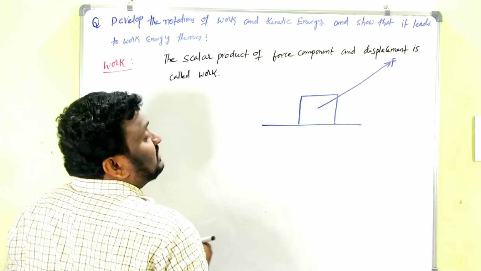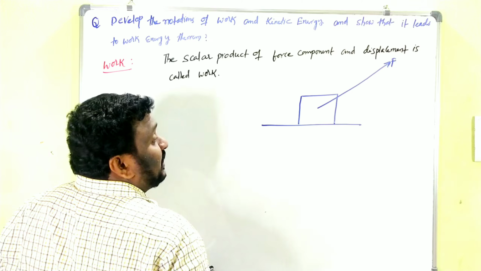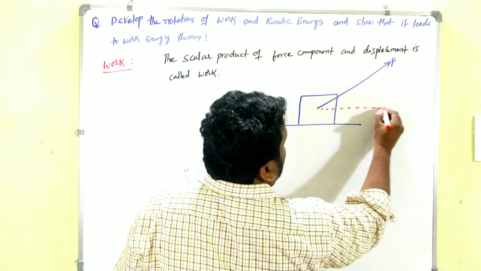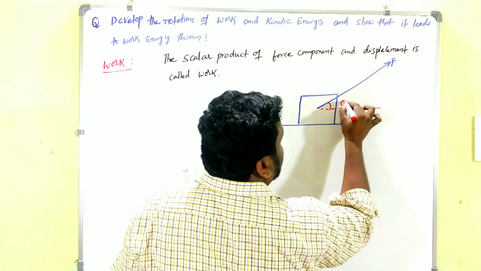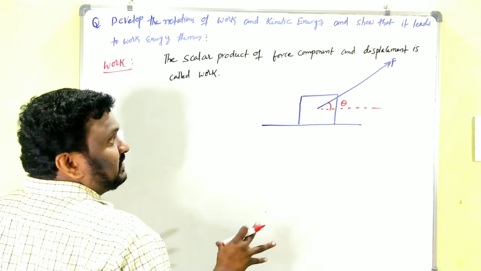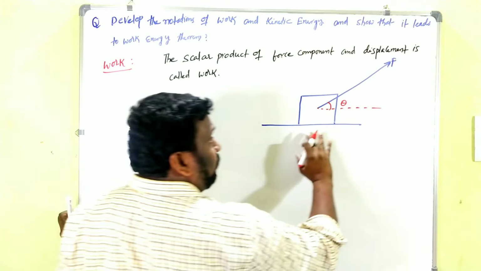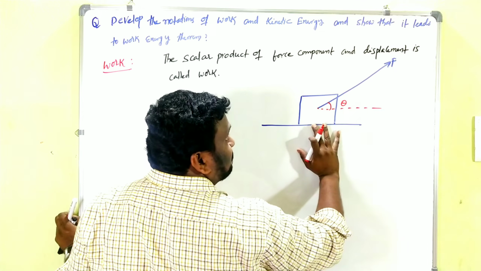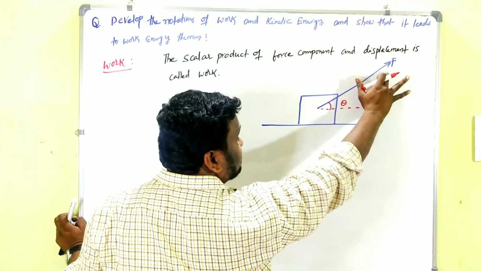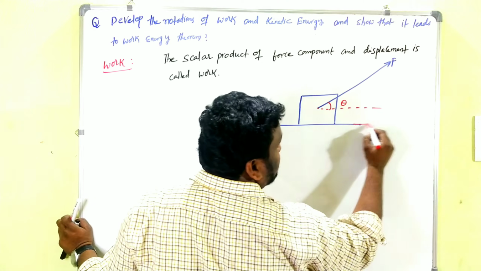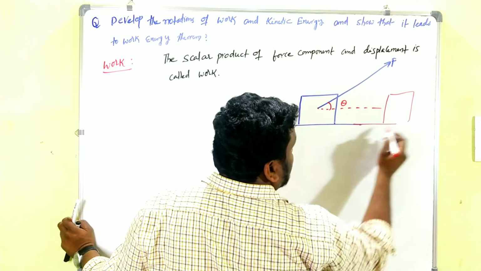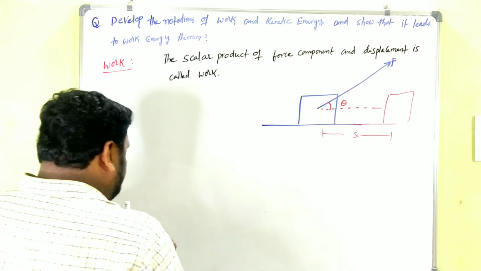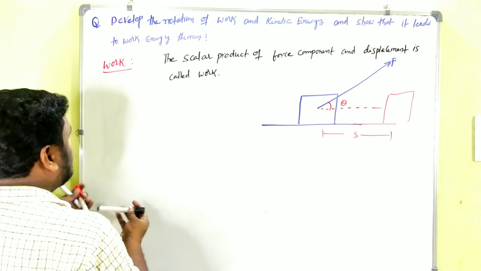On that body we are applying some force F. It will make an angle theta with the horizontal. Then the body will move some distance. When we apply force on this body in this direction, the body is displaced. Displacement is S. Now in this case the work can be written as